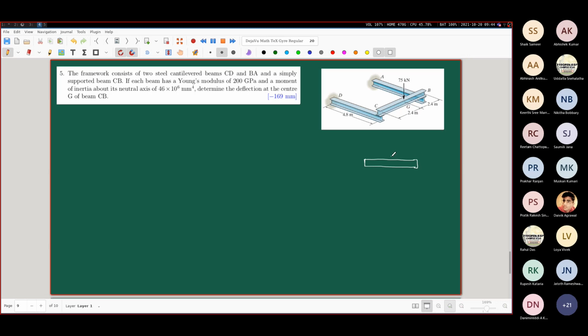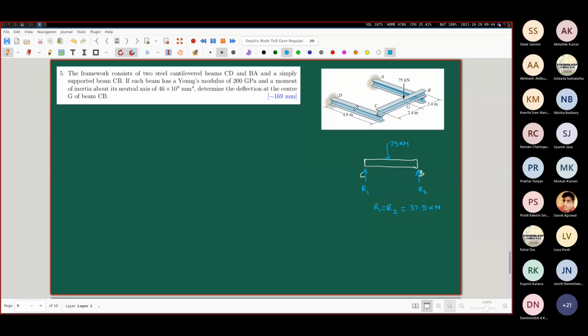So if you consider the free body diagram of this beam BC, it is going to be like this. If you look at it from this end, this is BC. You have the 75 kilonewton force here. So you will have the reaction force here R1 and this R2, and R1 is going to be equal to R2 is equal to 37.5 kilonewton. Now, because you have this R1 and R2 equal to 37.5 kilonewton acting on this beam BC,